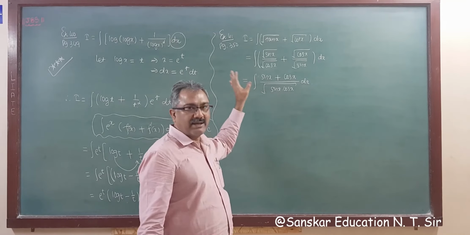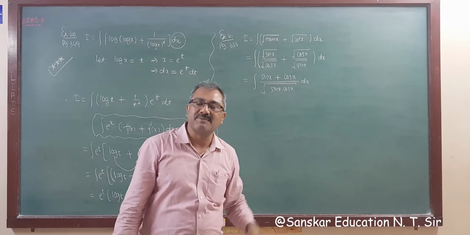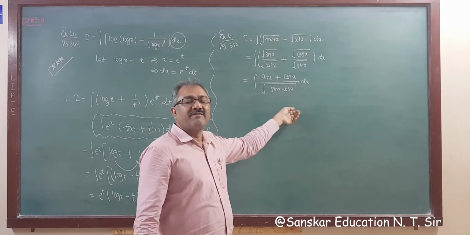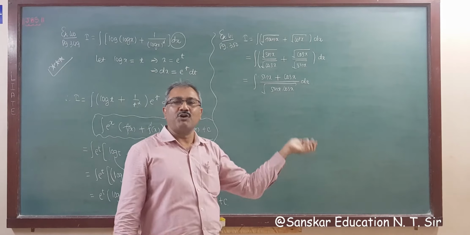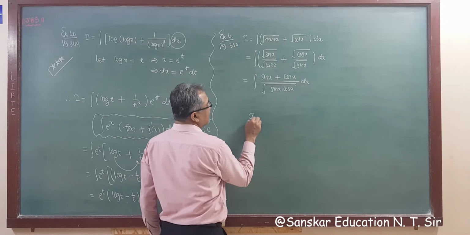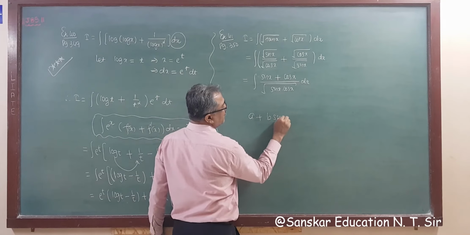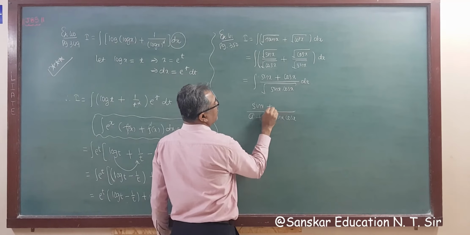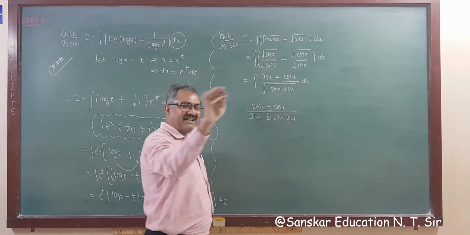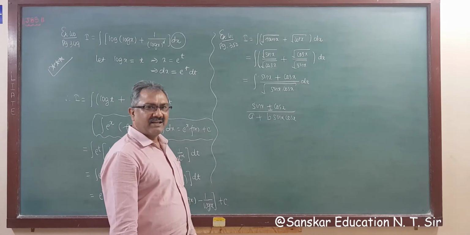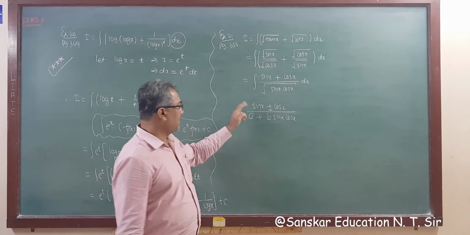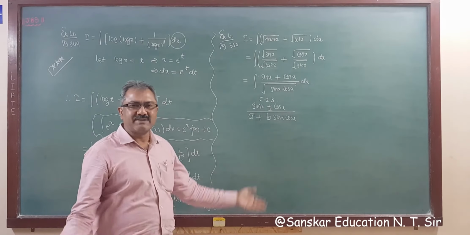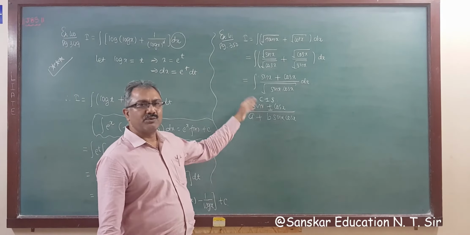This type of function is there, where sin and cos are in addition and subtraction in the numerator, either sin and cos alone, with any coefficient or any constant, right? Like this: a plus b sin x cos x is in the denominator, and here either sin x plus cos x, or cos x minus sin x, whatever. So in this type of question, this can be written as c plus or minus s. I don't know which form is there. According to this, you have to adjust.